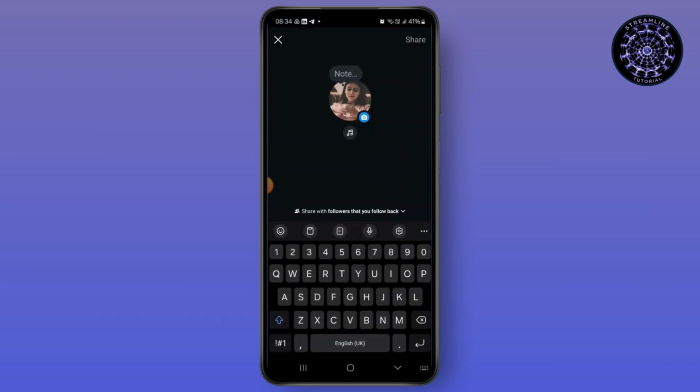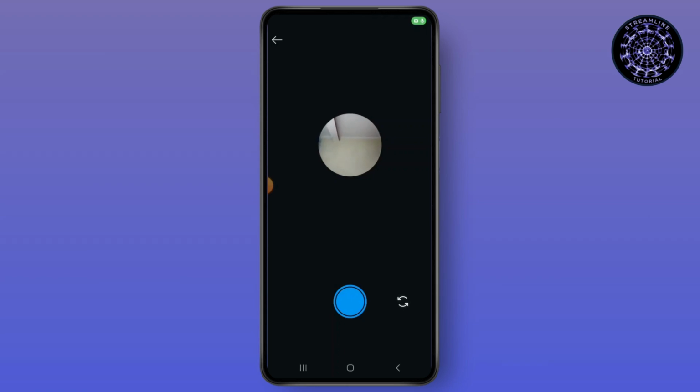Now you need to tap on the camera option to create the live video. After that, the camera will be on. Now just turn the camera back or front. You will see a section like this. Now you just need to